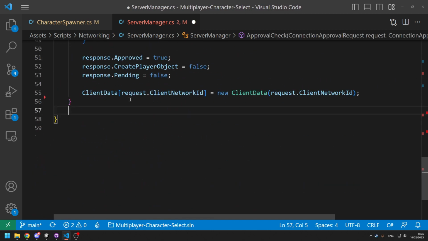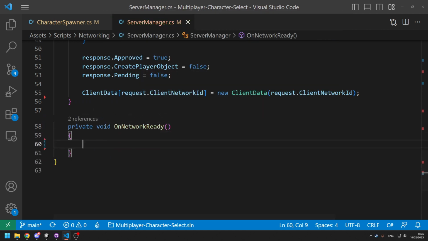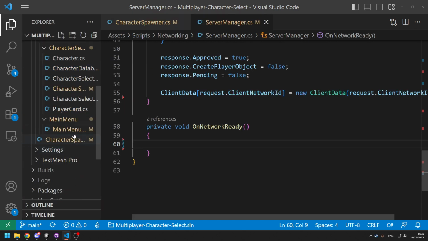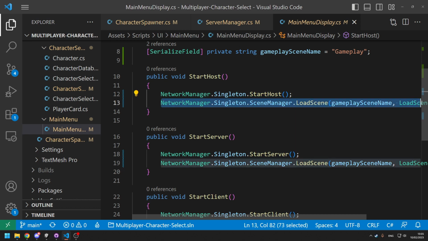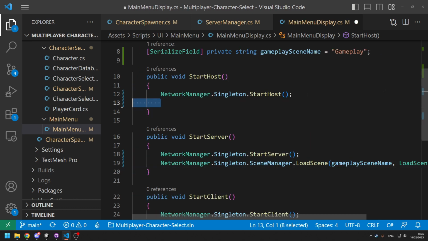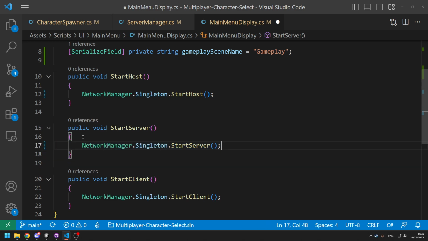So we'll make a method private void OnNetworkReady. Once the server is ready here, we want to change scene to the character selection scene. So let's go grab that code out of our main menu script. In here now, we don't do this anymore. So I'm going to cut out the scene changing line, and I'm going to change these two lines to the